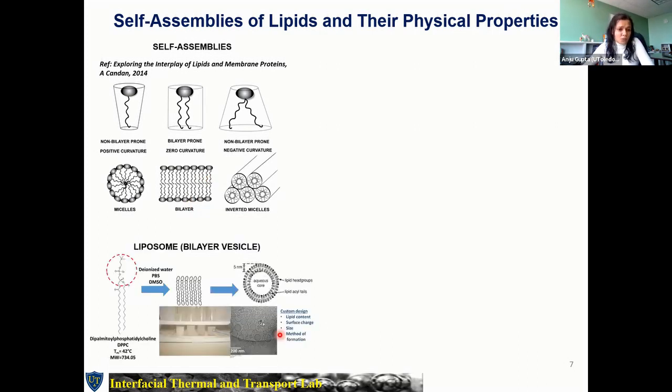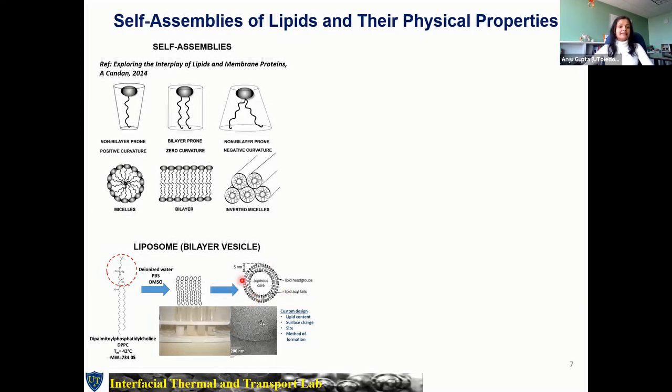So for all our work, we create bilayer vesicles, which are also known as liposomes. So this is a schematic of a liposome. It has an aqueous core, which is hydrophilic, surrounded by hydrophobic bilayer. So this resembles a cell, and therefore liposomes can be an excellent substitute for cells. And if you're trying to play around with cells or trying to study the interaction, liposomes serve as an excellent